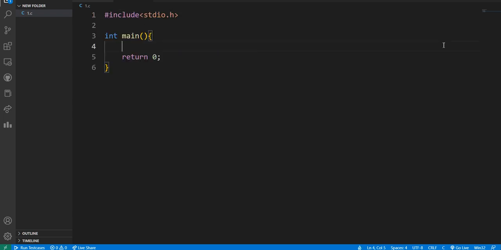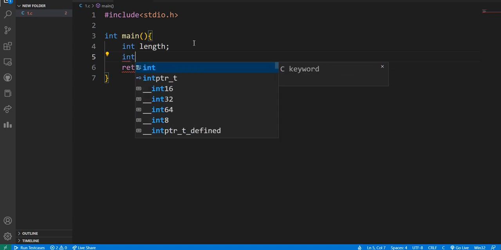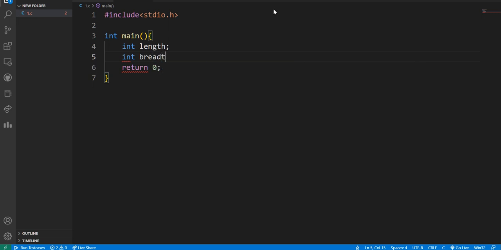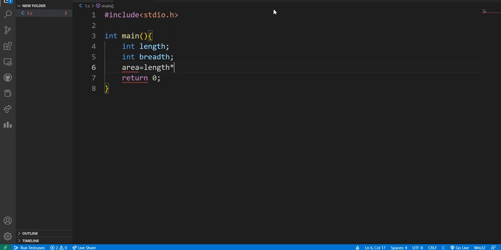First of all, I will use boilerplate. Okay. Now we'll take value int a, int length I will take, int breadth I will take, area equal to L, that is length, into breadth. Now we will print